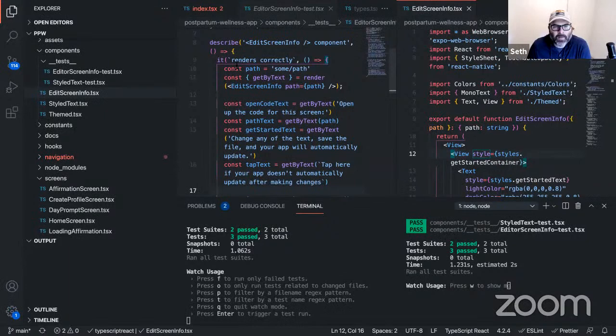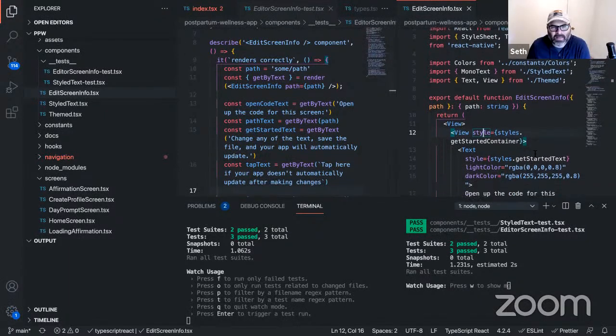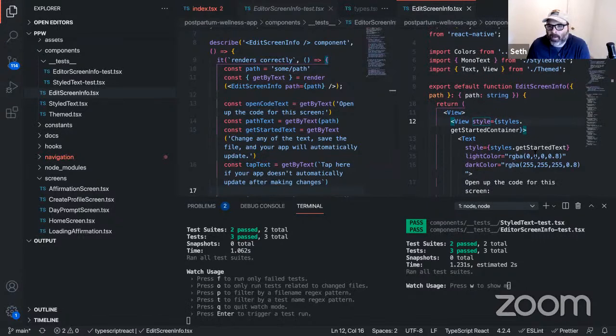I know the path on line 10 is a constant, right? Why is that passed into edit screen info? Because it's a prop on the right side, is that right? That's a good question. I think this is how you get it to render. And yeah, it's a prop over here. Again, this is my guess. This is different than the way I would do this for a React app, but I think this is what we need to have for everything to be rendering properly.